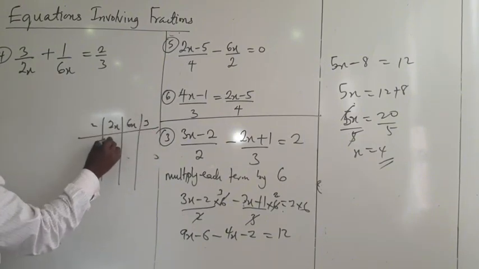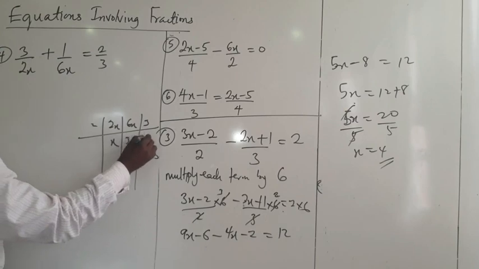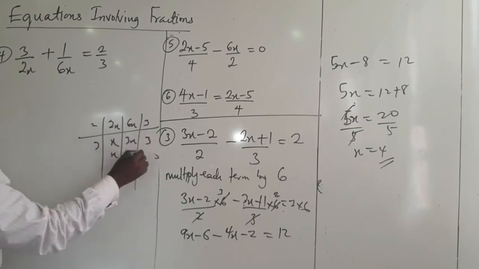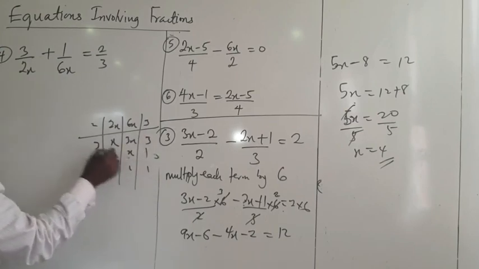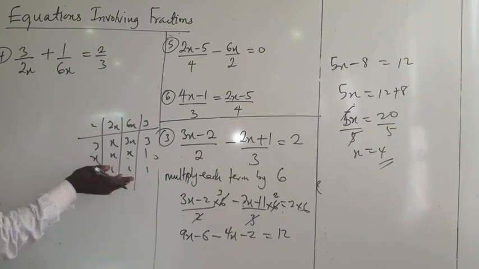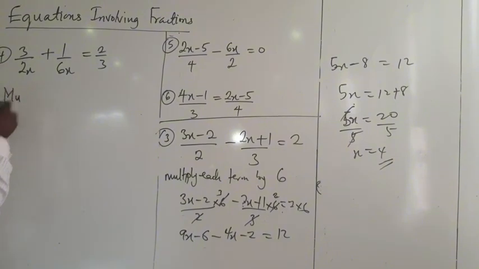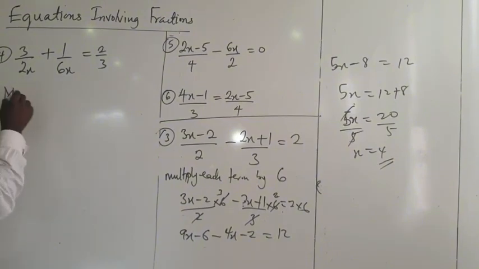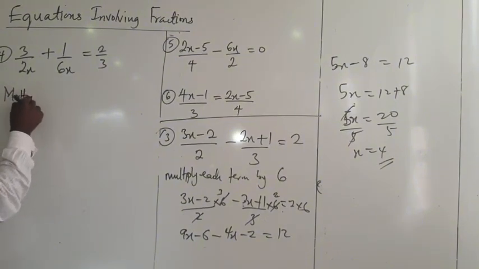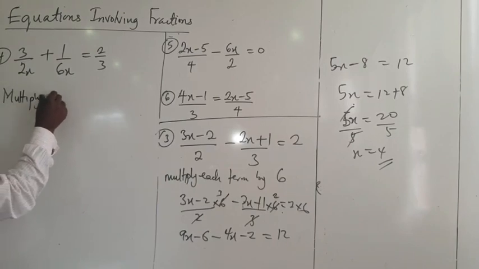2 can go here, it makes x. 3x, 3. 3 can go x, x, 1. Then x can go 1, 1, 1. 2 times 3 is 6. Then that is 6x. So we're now going to say multiply. That's the first thing. The first method. Multiply each term